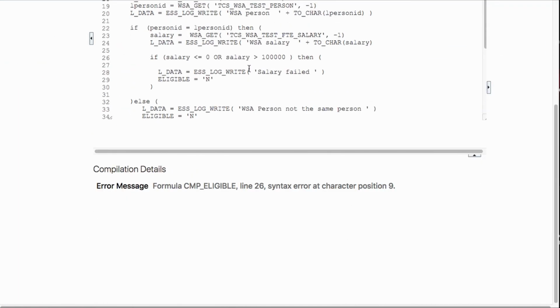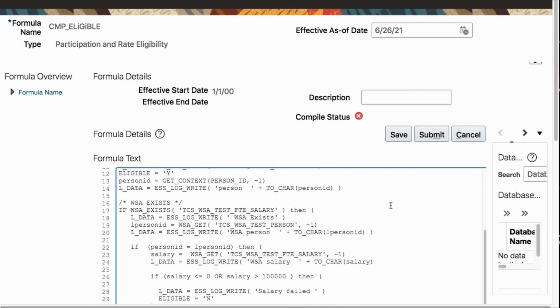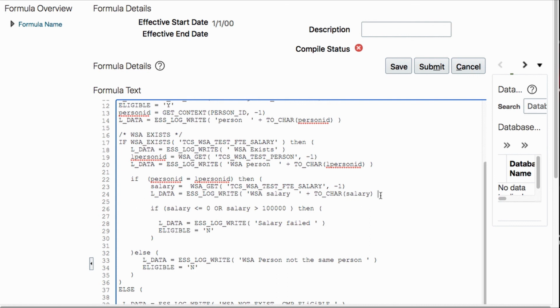Okay, I'm failing it. 26 again. 26 salaries. 26 if salary is less than or equal to 0, salary is greater than... and what's wrong with that? Okay, it is not a 26 problem, it is a 24 problem. 24, I didn't have a closing bracket properly. 24 is closed, yes, save. Second, I will